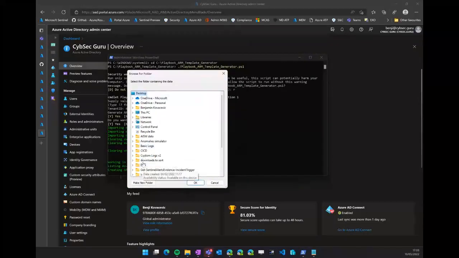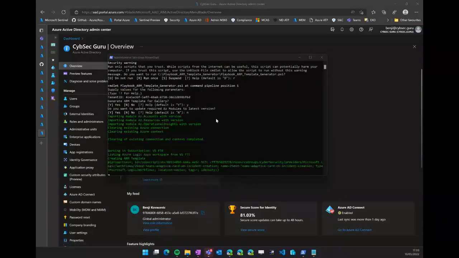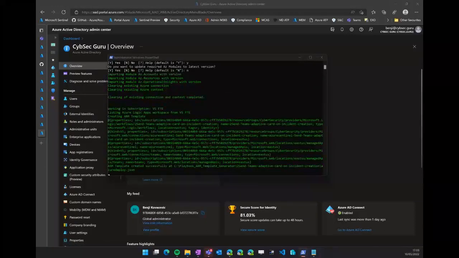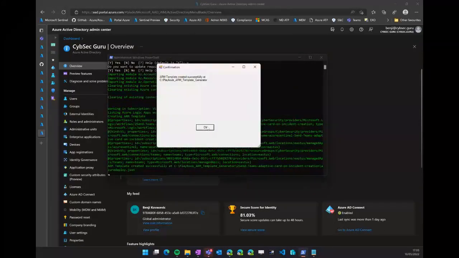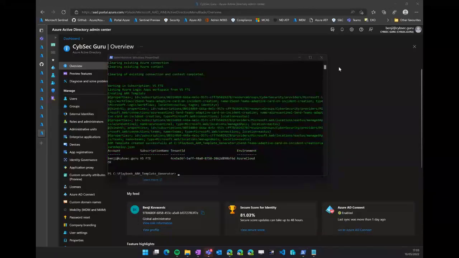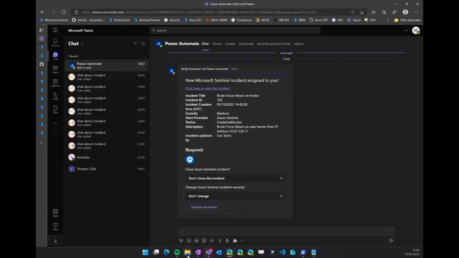What is the location that you actually want to save it? So I will say this PC, local disk C, and inside. And it is now generating the whole template. Once it's done, you will get confirmation that it is done. And if I go back to my environment, to my local folder,